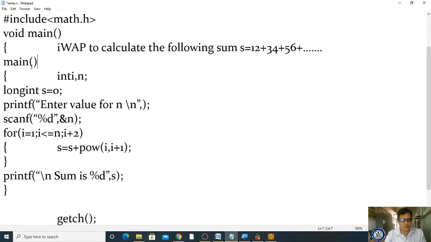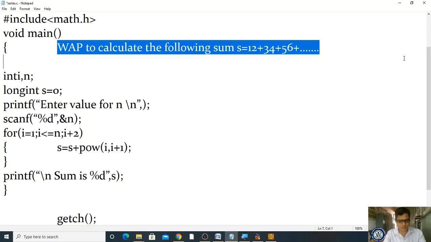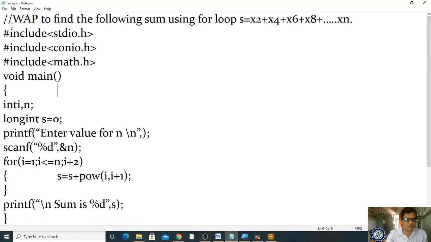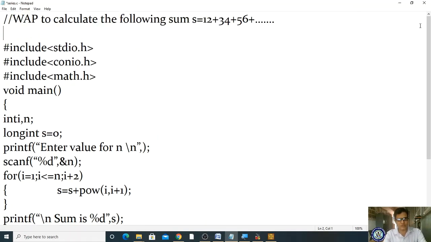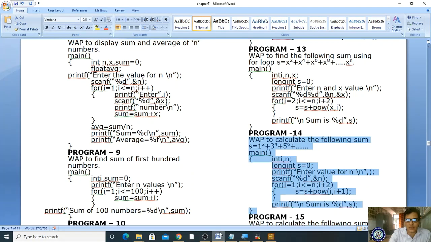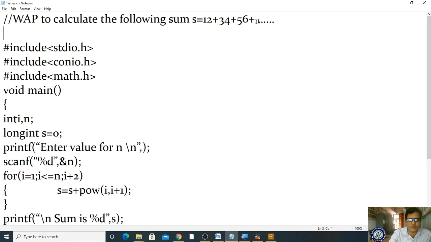Okay, we don't need this one and this one. This is also not needed. This is our C program. What is the program? You have to print the series as 1 square plus 3 power 4. Please observe here, it is 1 square plus 3 power 4 plus 5 power 6. Okay, clear? Yes. To do this, I am declaring the variable n, and the x value is not required. Sorry, n value is required and x value is not required.